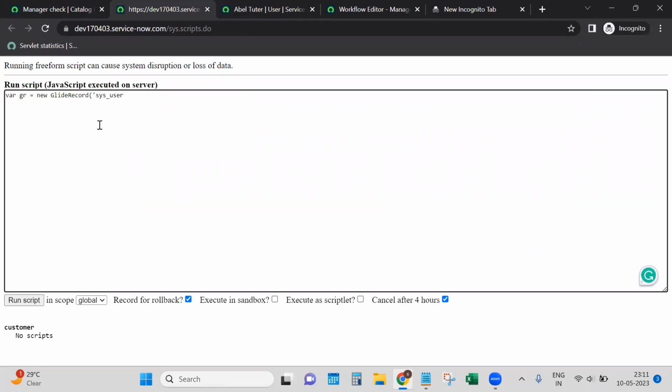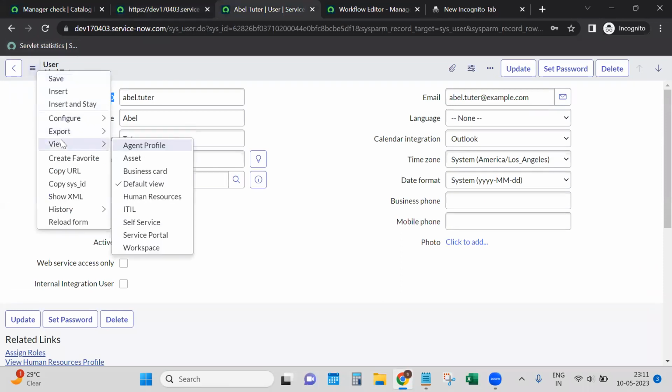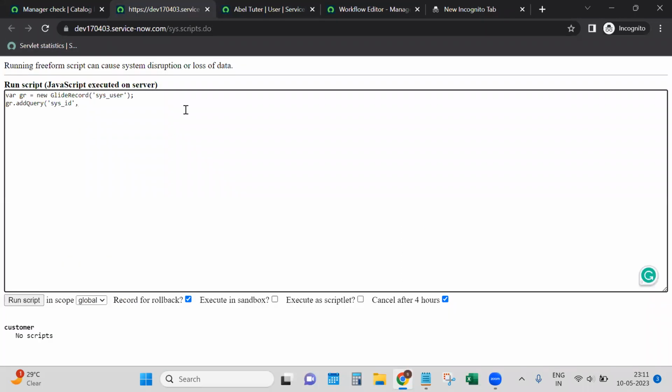Those who are not understanding, please watch it a couple of times. Okay, gr is equal to new GlideRecord sys underscore user, gr dot add query. Now here I will go with the sys ID. Let me copy the sys ID. Okay, now let me query this table. While gr dot next, gs dot info gr dot